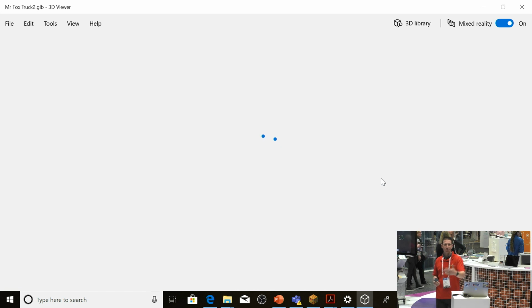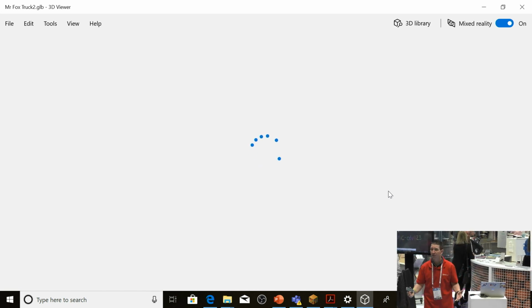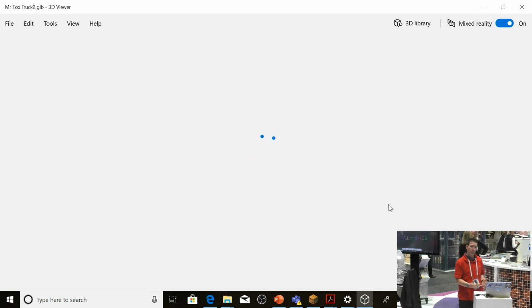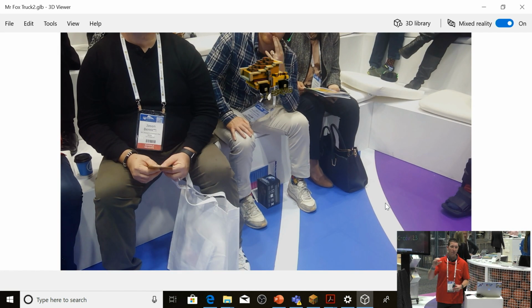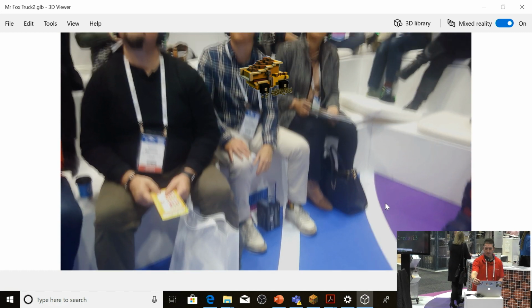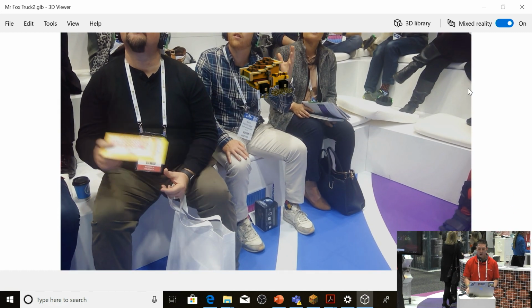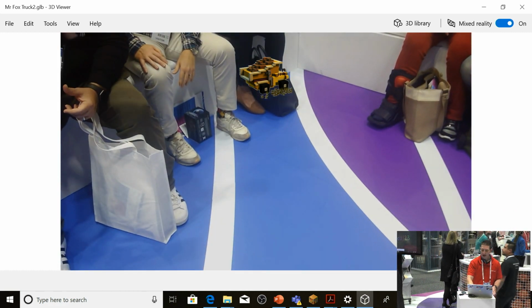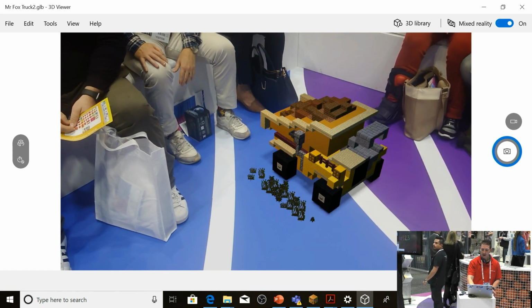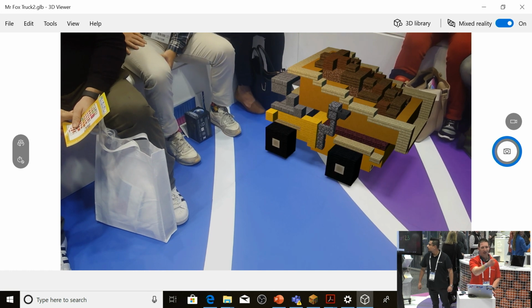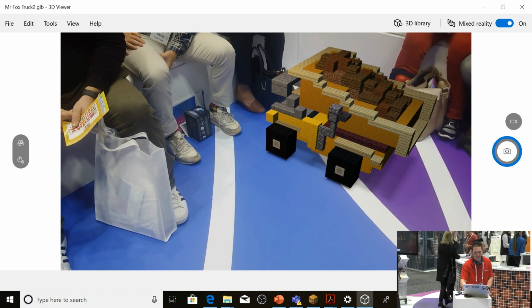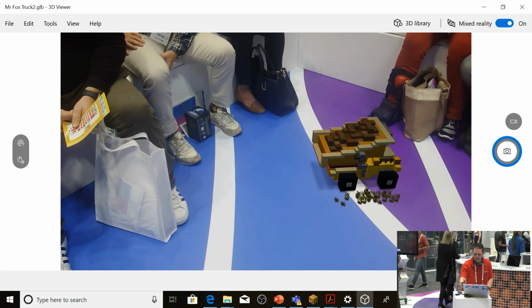Using this tool with students that have tablets or laptops, they can go out into the playground, they can go out into their environmental centre, they can go out into the real world and take their digital-made creations and put them in authentic environments. So here's our camera. You can see I've got my Minecraft truck that we've made right there. And if I put it on the ground right there, I can actually touch, drag, we can scale it and make it really big. I love watching your faces as we play around with some of these. Or we can shrink it down really low.